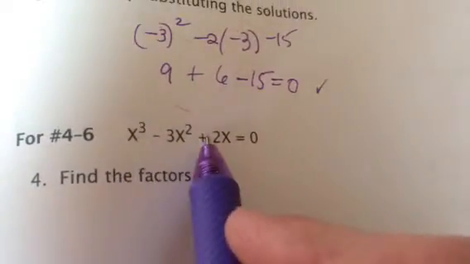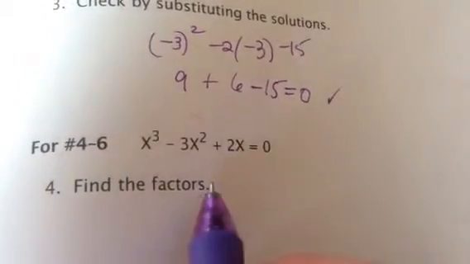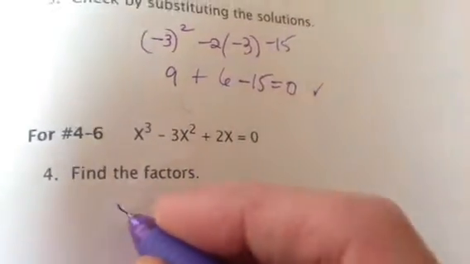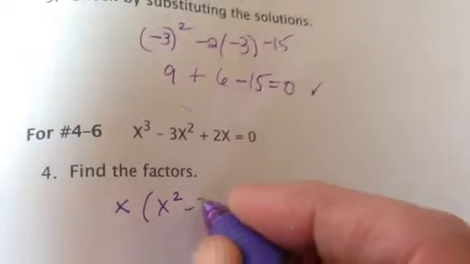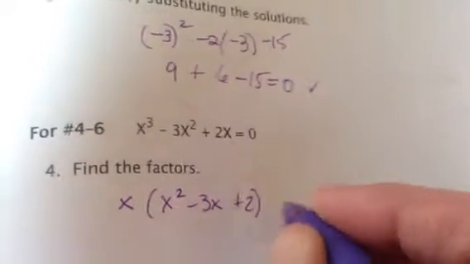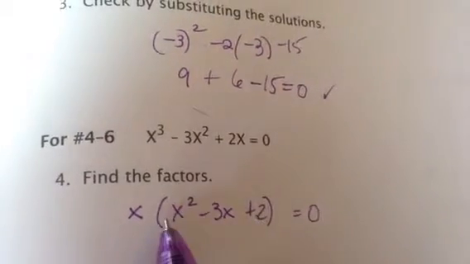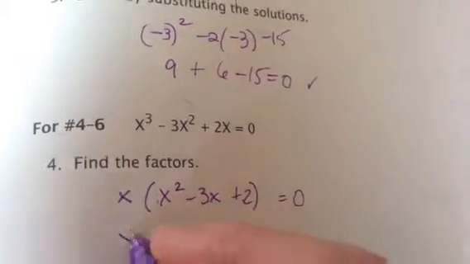This has 3 terms. It's already set equal to 0, and it wants us to factor this, find the factors. Well, notice they all have an x in common. So I'm going to factor out an x. I'm going to do that first. Then we're going to factor the inside. Notice it's 3 terms. This first term is a 1. So it should be easy to do,